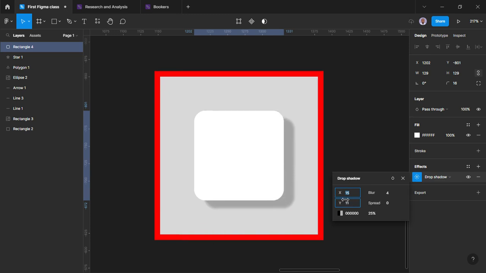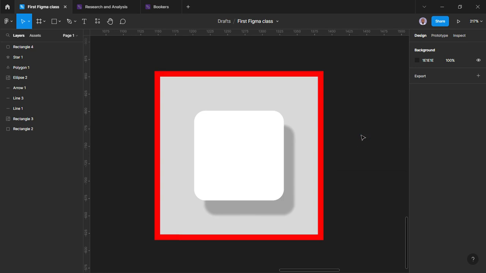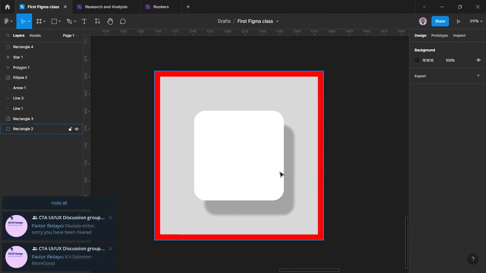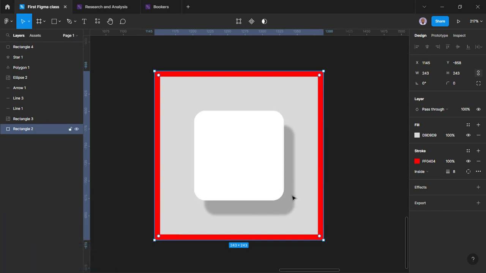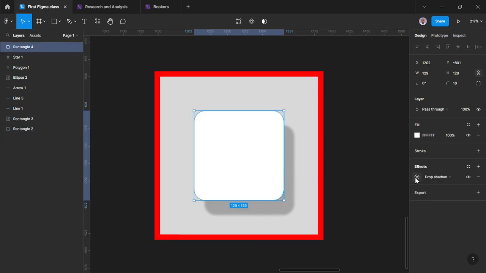Now notice something. The farther away this shadow is from the object, the more the object looks like it's floating, like it's going higher. I don't know if I explained that properly, but if you see how far the shadow is from the object, it kind of shows how far the object is from the floor. I think that's clear enough. So if I make this shadow closer now,